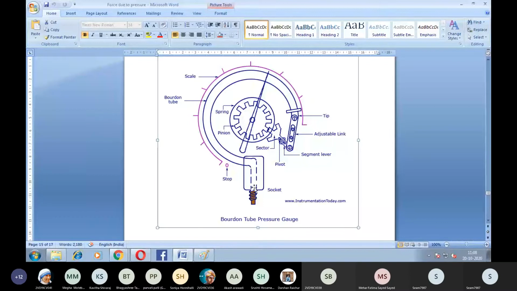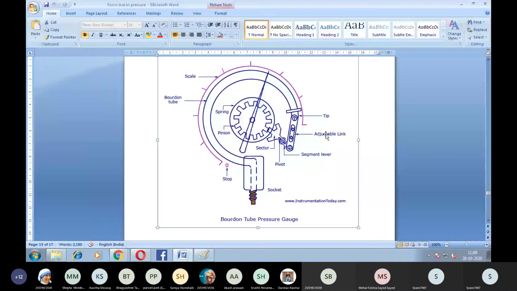So it consists of a socket, and this socket is connected to a Bourdon tube. This Bourdon tube is made up of bronze or steel, any elastic material. One end of the Bourdon tube is connected to a socket, and the other end, the tip of the Bourdon tube, is connected to an adjustable link.